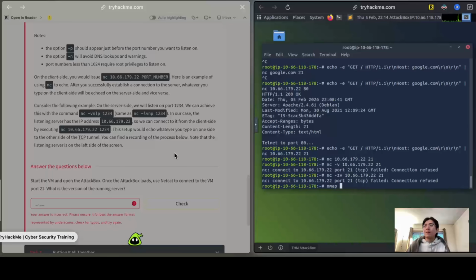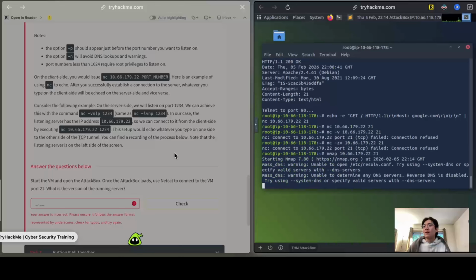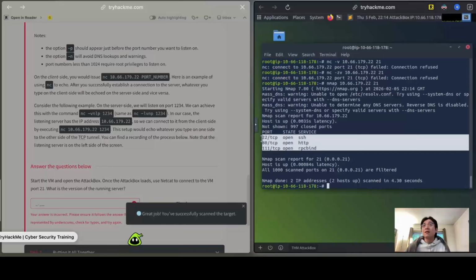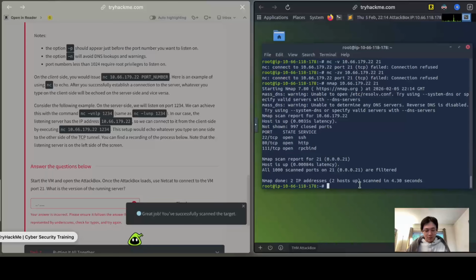Actually, if you run nmap to that IP address, port 21, what would happen? Okay, I know. See? It's not open. RPC bind only, 22, 80 and 111. Okay, let's try to connect to one of them. How about that? Port 111